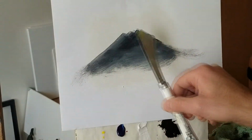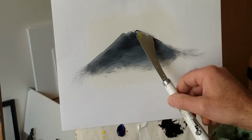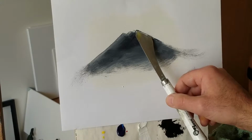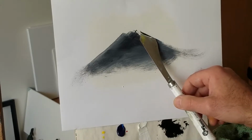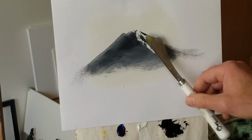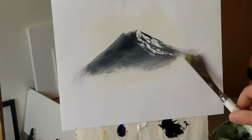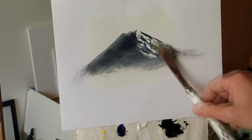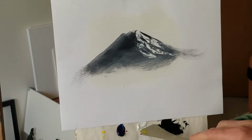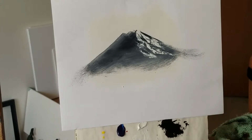Notice that the edge of this knife sort of matches the angle of that mountain. Starting at the very tip top of the mountain, I'm going to come down, going pretty lightly where that paint will break, and just allow that to come right off of the knife. And it creates all those little broken areas on the surface of the canvas, or in this case the piece